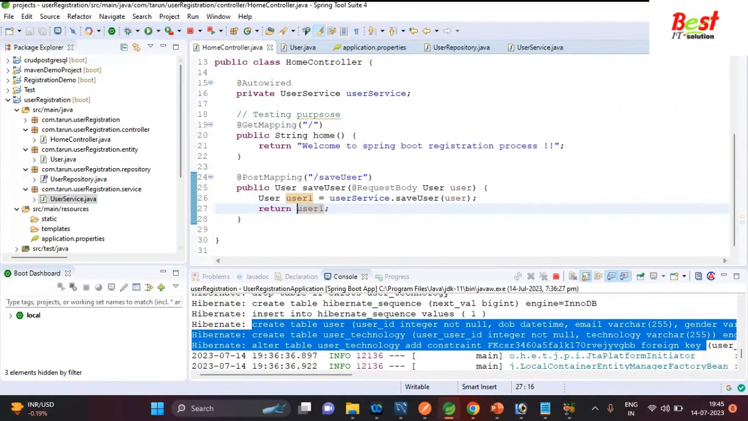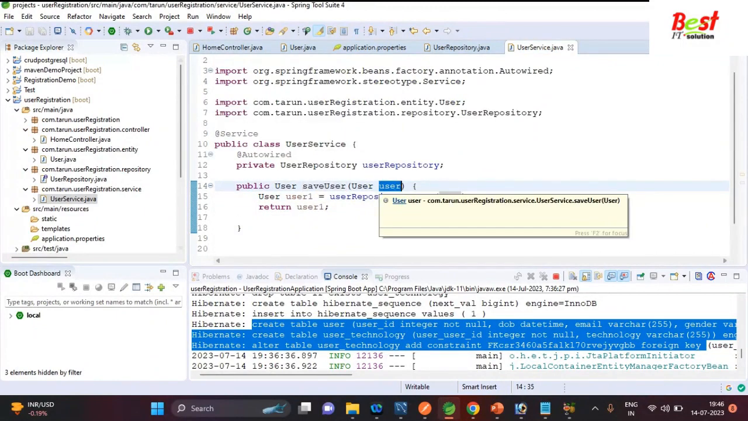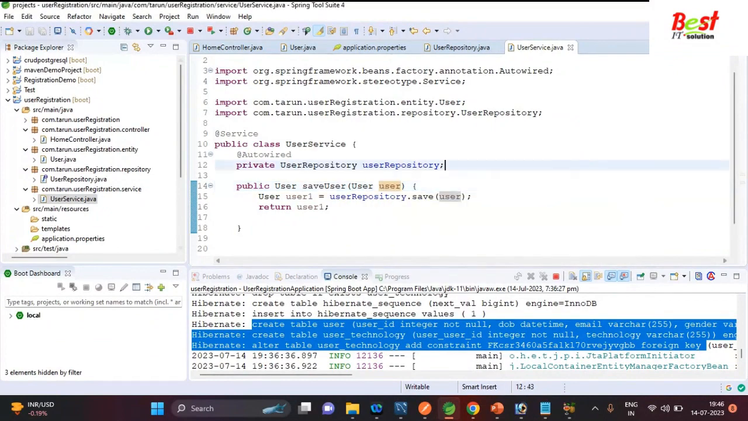Okay, so first the request comes to the handler saveUser, and we also pass the request body, which comes to that user object, and the user object goes to this saveUser method. The saveUser method of the service class accepts the user as an argument, and with the help of the repository object, it will save the user to the database and return this user again. Okay,